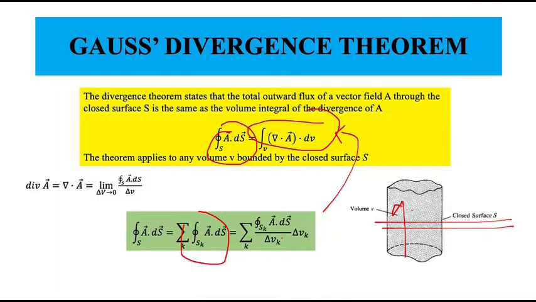The divergence theorem applies to any volume V bounded by a closed surface such as shown in the figure, provided that A and divergence of A are continuous in the region. With a little experience, it will soon become apparent that volume integrals are easier to evaluate than surface integrals. For this reason, to determine the flux of A through a closed surface, we simply find the right hand side of the equation instead of the left hand side. So we work with this.